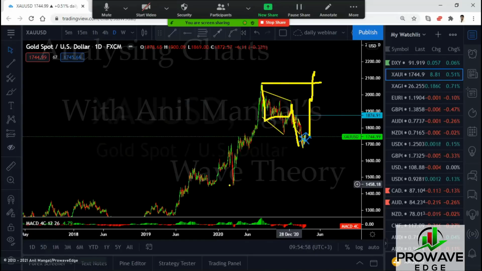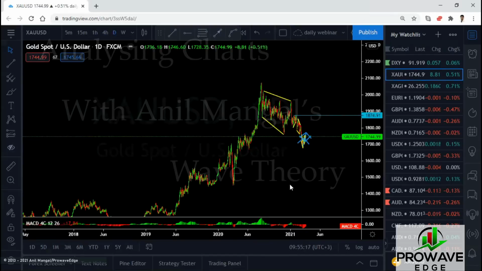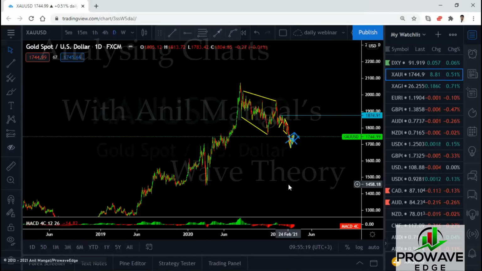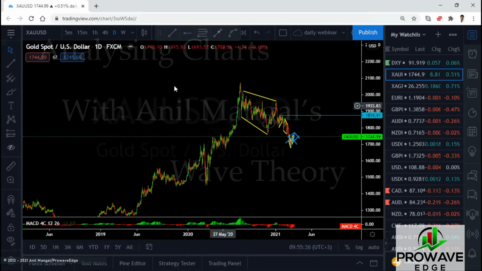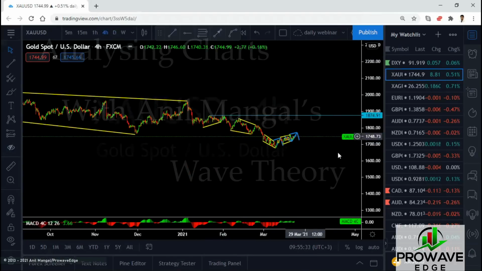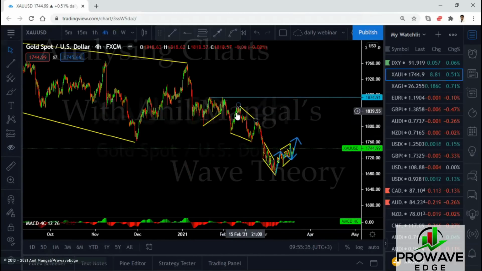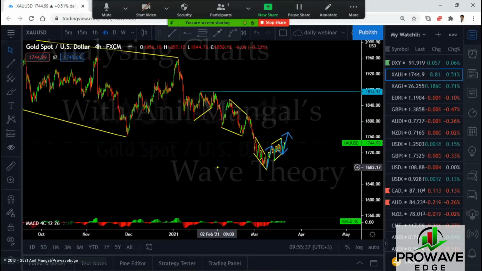So do you want the buy? Now, if that is possible, do you want the buy? That's the question. What if it takes off Monday like this? Do you want that trade? Of course. So we are looking for buy setups. But do we know that this wave to the downside has ended here? We don't know that as yet. We can make an assumption that it's ended, but we don't know that because there's a chance of this just being a correction. Like this was a correction, like this is a correction. For this to be just a correction, come to the top there and give you a next one.